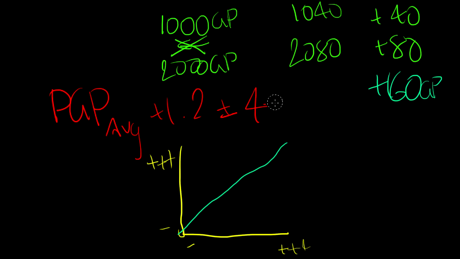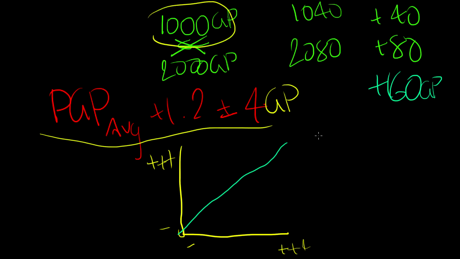So let's get rid of this percent symbol. And this now represents another formula that I have seen: the average GP of the parents plus 1.2 plus or minus 4 GP. Again, we can look at this and ask, what are the minimum and maximum values this would really give mathematically? Now, if we use our 1,000 GP example again, you can't go lower than that, so what's the maximum GP value this formula could give? Well, plus 1.2 plus 4,